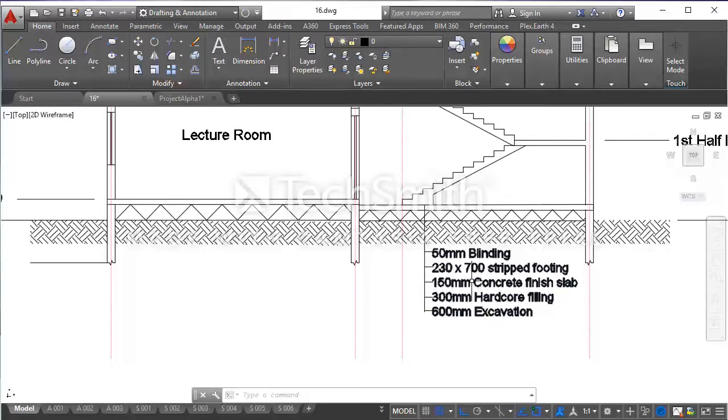The rebar, the reinforcement that we are going to provide in the ground floor slab will be wire mesh. We don't need to provide normal size reinforcement bars for the ground floor slab.